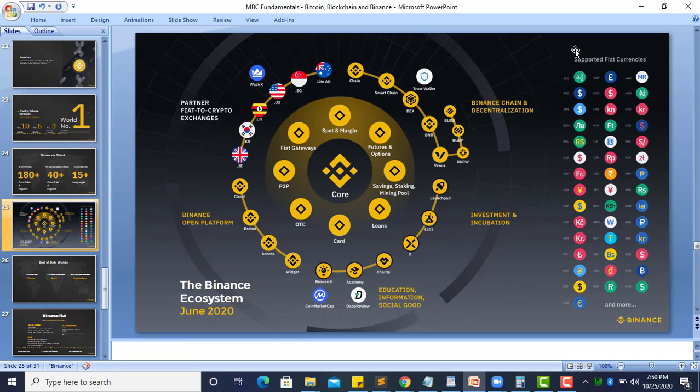And they are not only into cryptocurrency buying and selling or exchange. They also have their own smart contract blockchain, which is called BNB Chain. They also have Smart Chain. They also have their own coin called BNB, Binance Coin. They have peer-to-peer transfer. They have OTC. They have the loan app, everything. They have a whole lot of things. So their ecosystem covers a whole lot of things. It's not only exchange alone. So many other things. So Binance is a whole lot more.